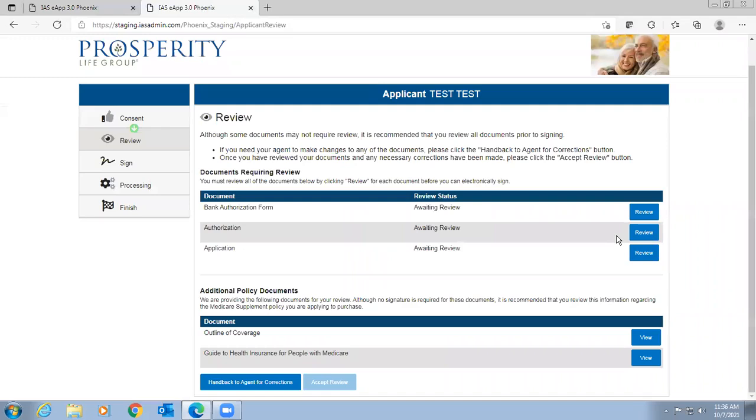And they go through, and I'm not going to submit it because my pop-up blocker will block that, but they're going to review all the authorizations, the form, and everything with these review, and then they're going to view the outline of coverage and the guide to the Medicare and You booklet, and then they're going to hit accept review, assuming everything's correct. If they click hand back to agent for corrections, maybe they were looking through the application or